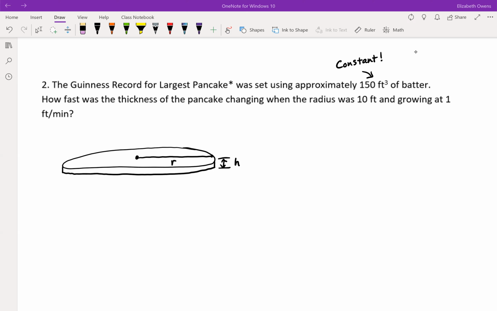Doesn't look like it at the moment. So from the cube feet, or feet cubed, we can tell that this is going to be a volume. So this is a volume of batter that's not changing. Volume is really hard to draw in a sketch, so I'm just going to put an arrow to the pancake. We'll say constant volume